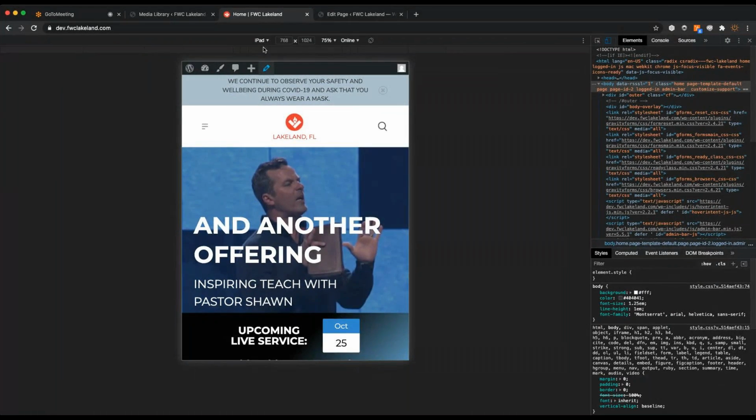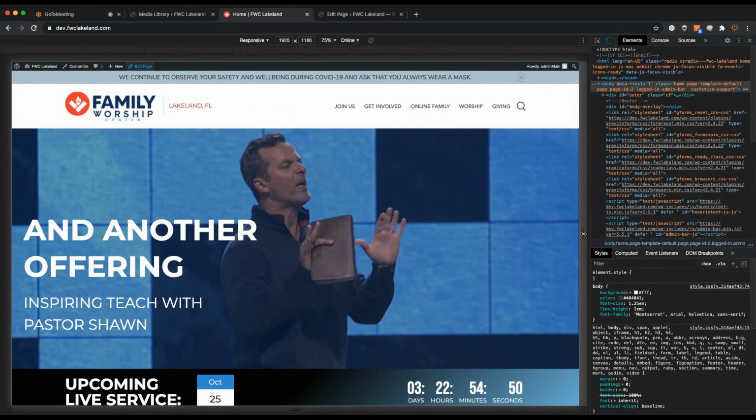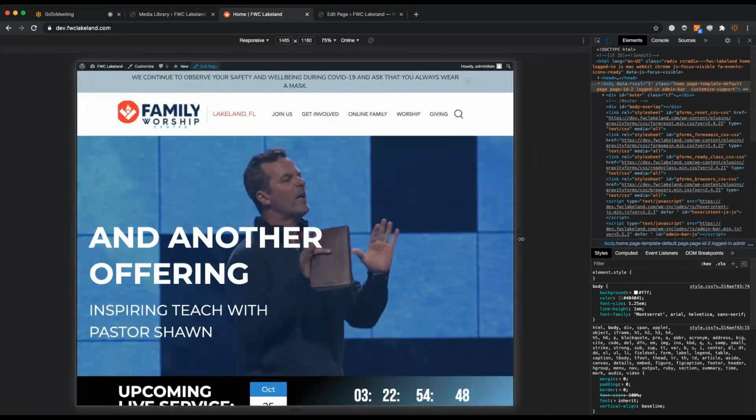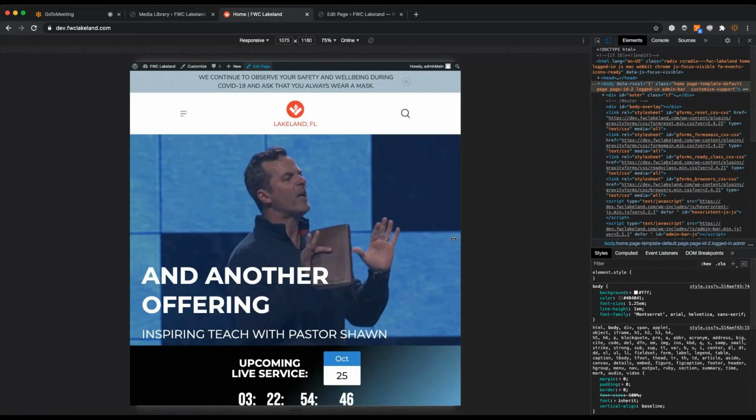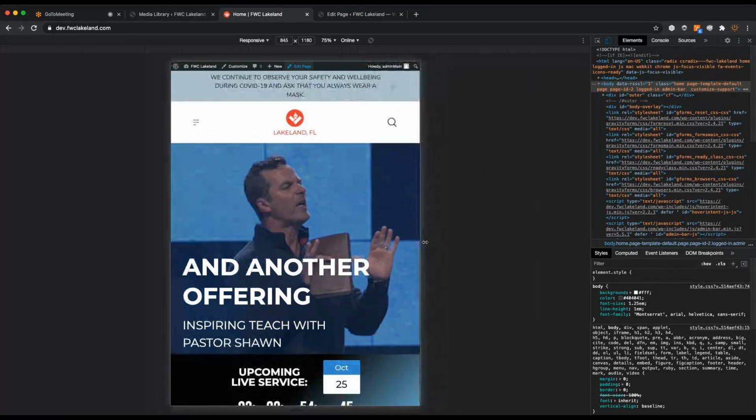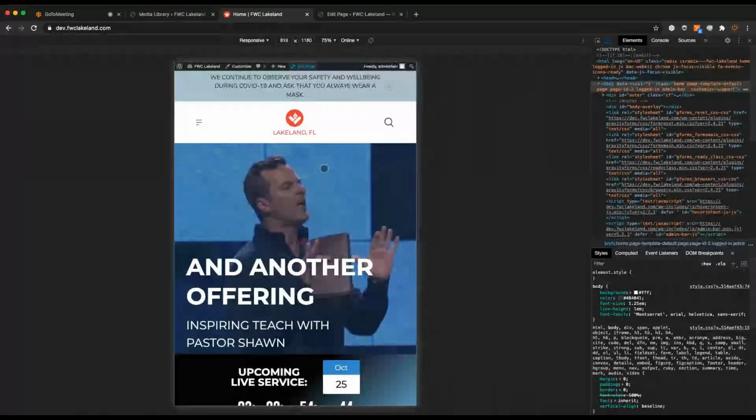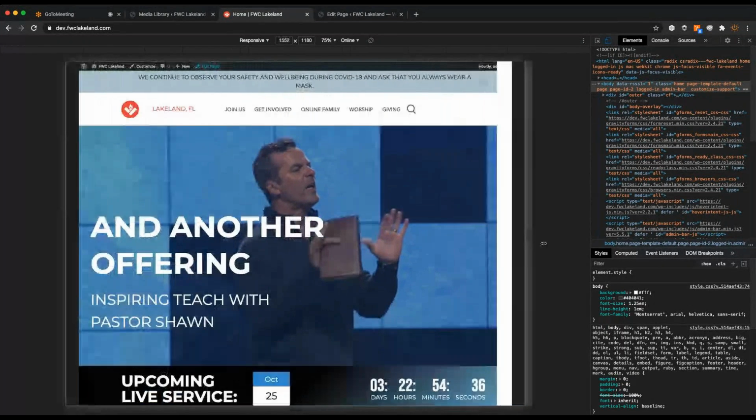Really, the best way to show you what's happening is just to show you responsive in real time. So the image itself is already that size, and the video feature really is set to a specific height, so it's not going to get shorter vertically. That's just to make sure that the video behind it doesn't